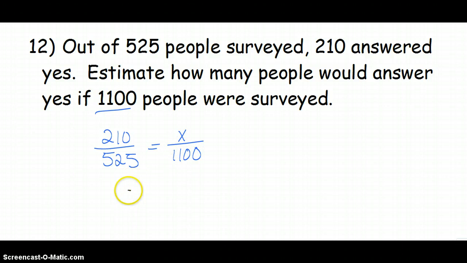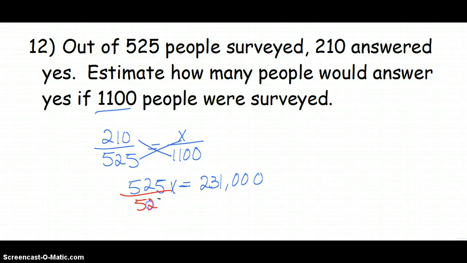When you cross multiply, you get 525x is equal to 231,000. Divide both sides by 525. And you have x is equal